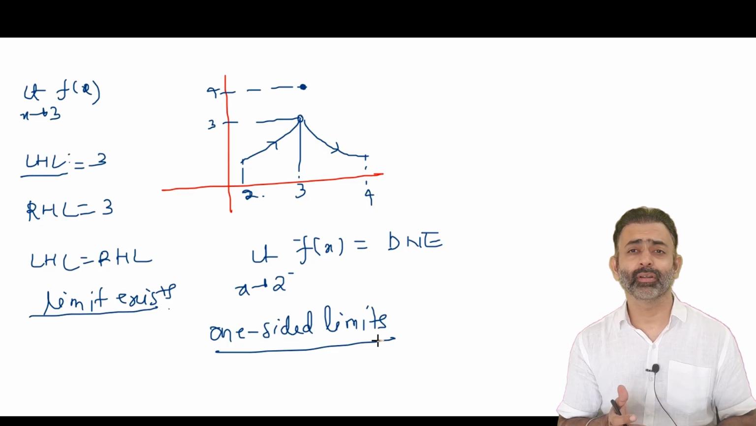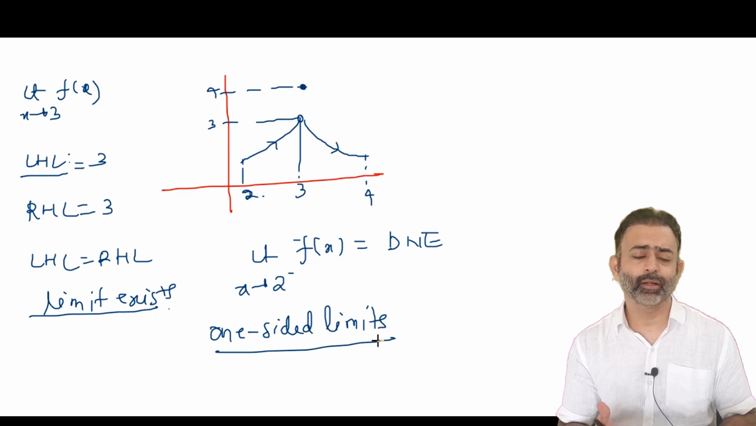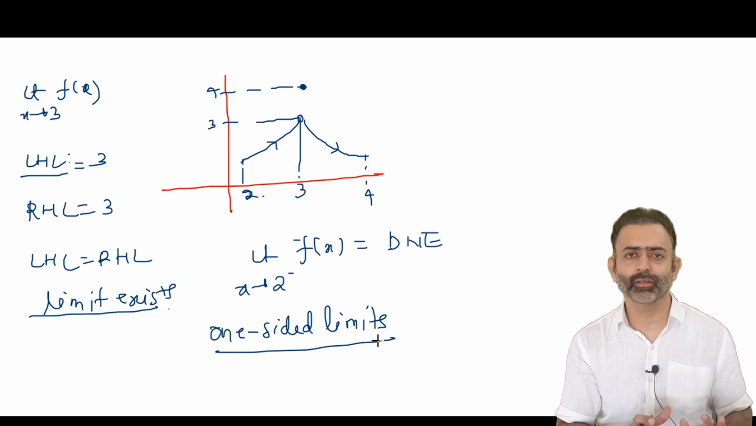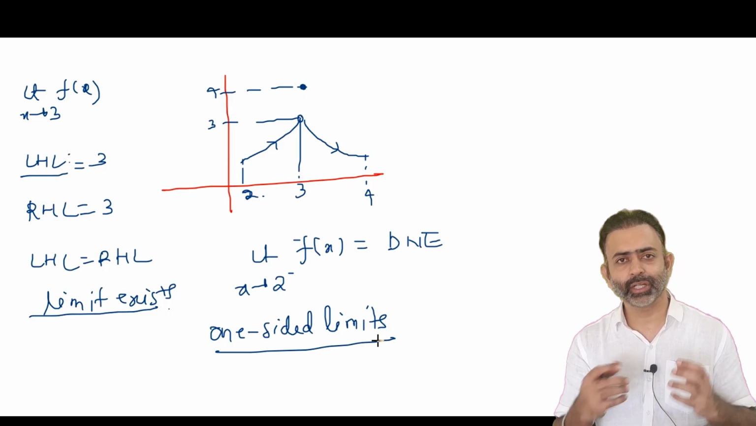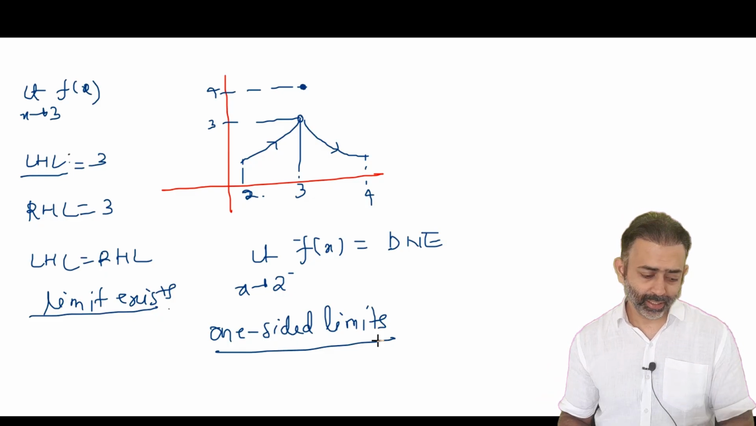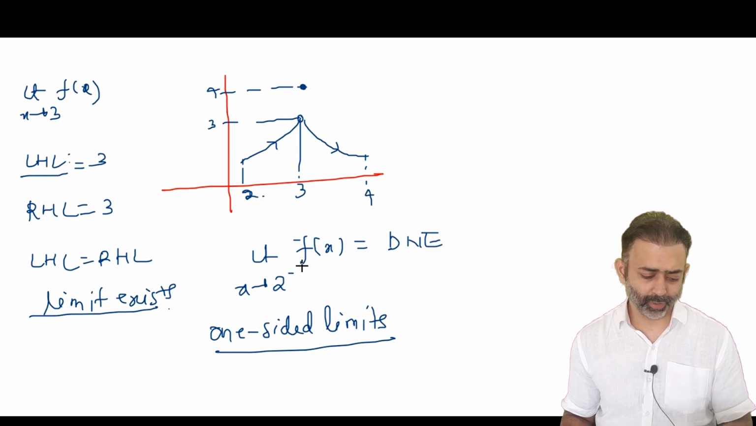So what are the conditions when the limit does not exist? When the function is not defined, or when the left hand limit is not equal to the right hand limit, that means the limit does not exist. And the third case is when the limit comes out to be infinite. For example,